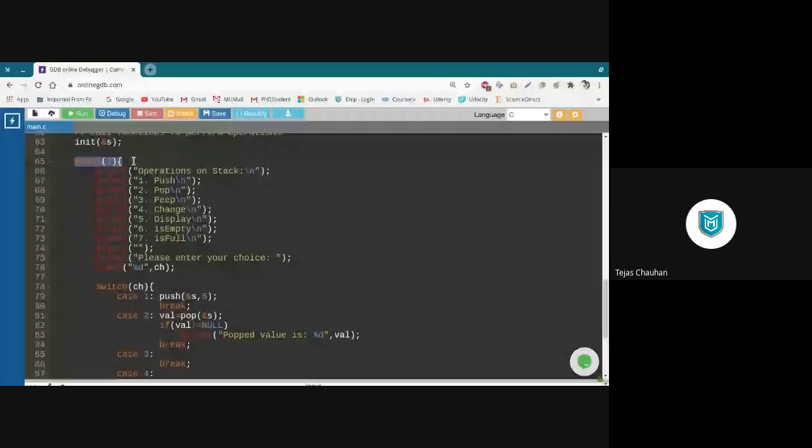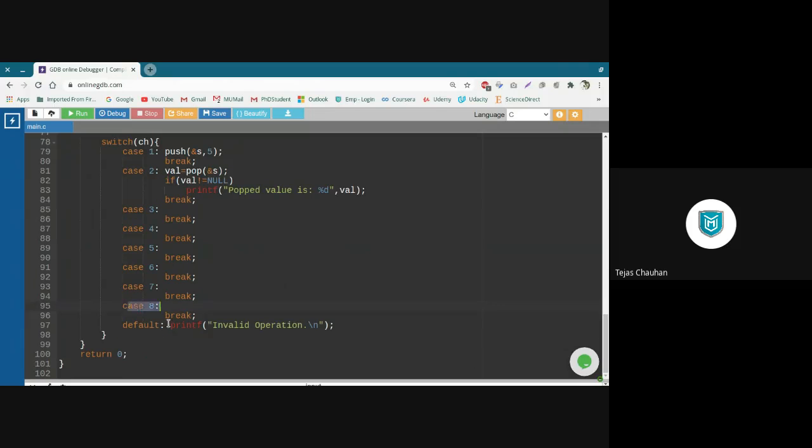Now, if this is infinite, somehow I need to terminate it. So that termination choice we will also give to the user. One extra choice for exit. Okay. When the user selects exit, option number 8, case number 8, we are simply going to exit this execution with exit 0.